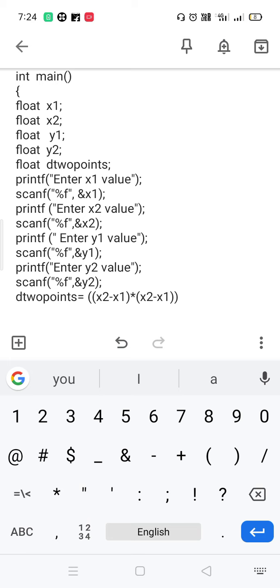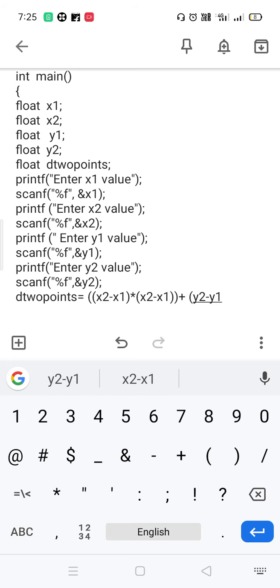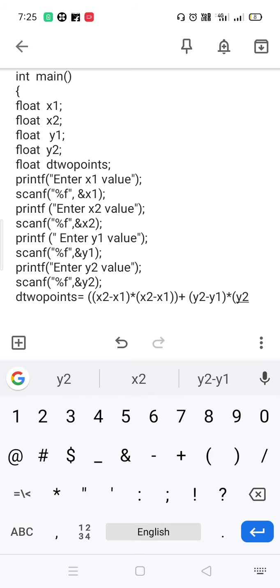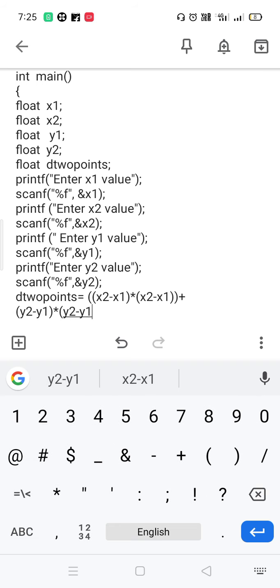whole square means 2. After that plus, now we are going to write the y2 minus y1 whole square, brackets open, y2 minus y1 into brackets open, y2 minus y1, closing the brackets.